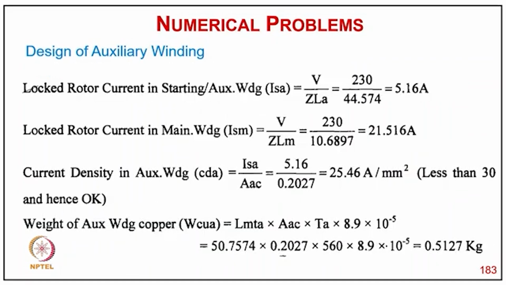Similarly the locked rotor starting current for the auxiliary winding comes to 5.16 ampere, and the locked rotor current for the main winding, putting in the value V upon ZLM, comes to 21.516 ampere. The current density of the auxiliary winding, IS upon this, comes to 25.46 ampere per meter square, and so okay, it is less than 30, and the weight of the auxiliary winding copper, putting in the values for LMT, AC, TA into typically the density 8.9 10 power minus 3, comes to